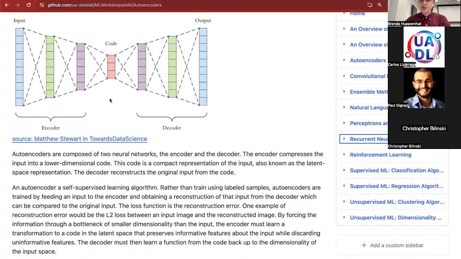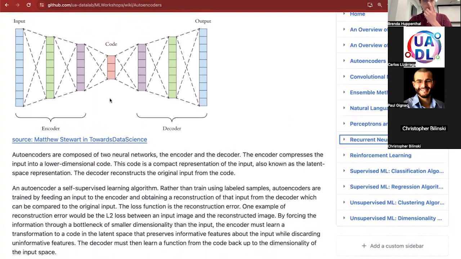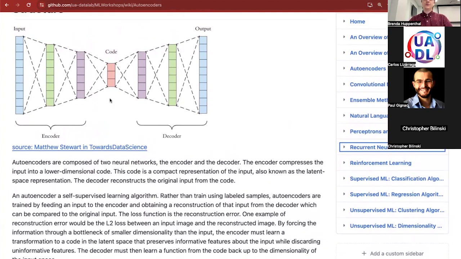Then some terminology that you will see if you're looking up autoencoders online is undercomplete and overcomplete. An undercomplete autoencoder is typically what you would see. Undercomplete simply means that the dimensionality of this code is smaller than your input dimensionality, which tracks with what we want to do with autoencoders, which is force it to learn some sort of reduced